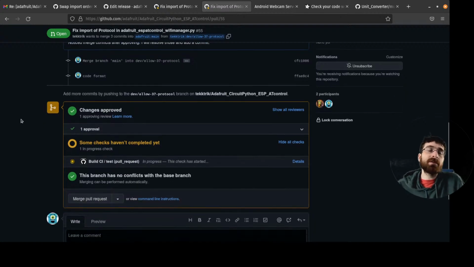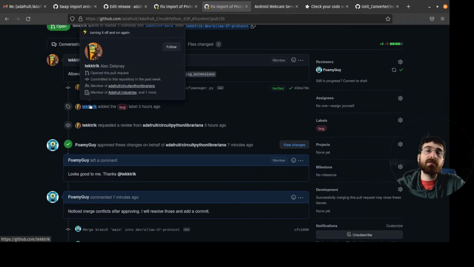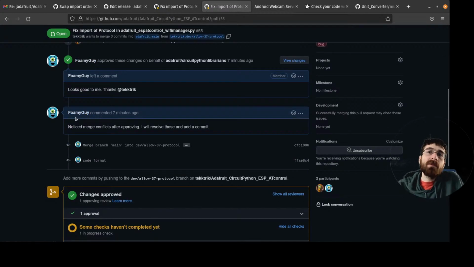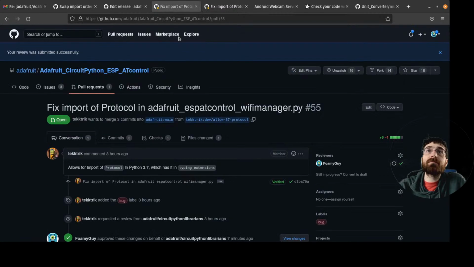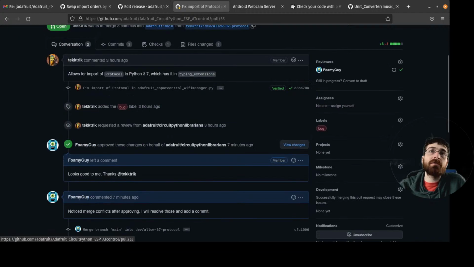Sometimes it makes sense not to add them there, if it's a protocol that's only used in one library, then it makes sense to live inside that library. But some of them are used in multiple places, and so it's helpful to have them in a central place so we have a single spot to update. I'll wait for this one to actually hopefully pass.